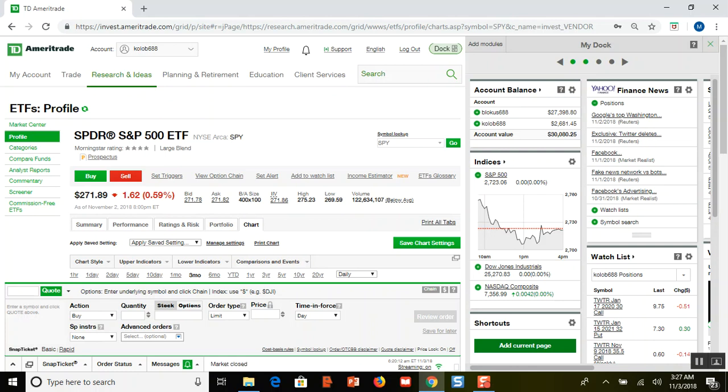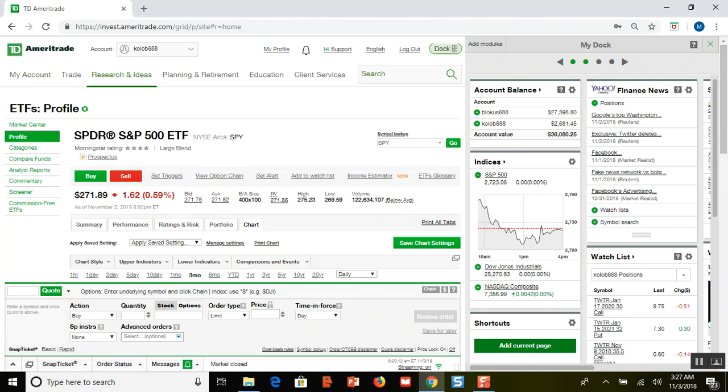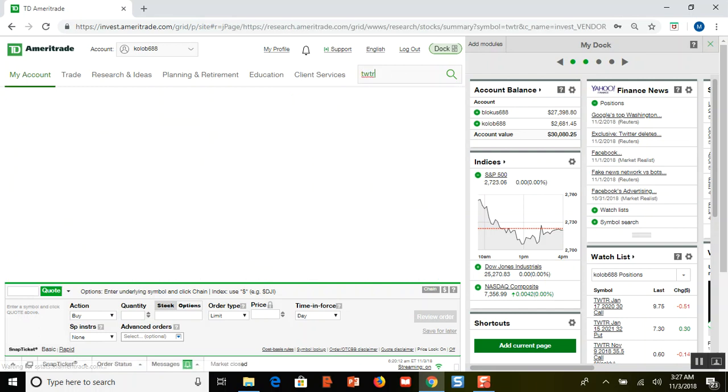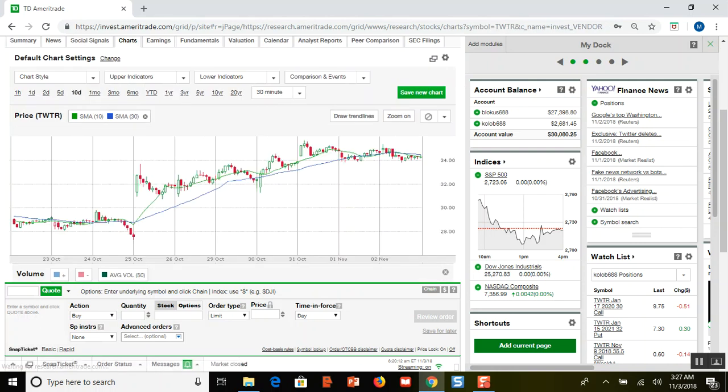I thought it would be better for me to buy a put option, and I was right. So when I bought that put option, Twitter kept going up, and it's where you see it now. Let me pull back up Twitter here. Twitter kept going up, and if I pull up the chart here, let's look at the 10-day chart. Twitter has been slowly creeping up, and so when I bought that put option,